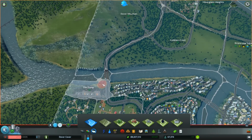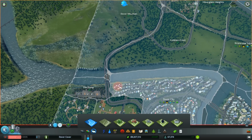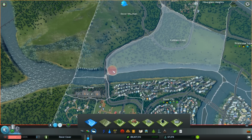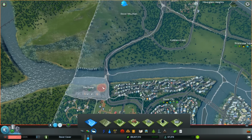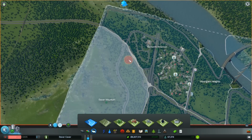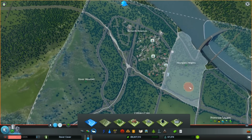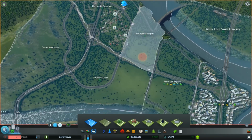The dump, that can be this area here. Alright, very nice. Just make some nice edges like this. Beautiful, beautiful. Alright, Dover Mountain. Obviously, Dover Mountain is Dover Mountain. But what I think is this could be